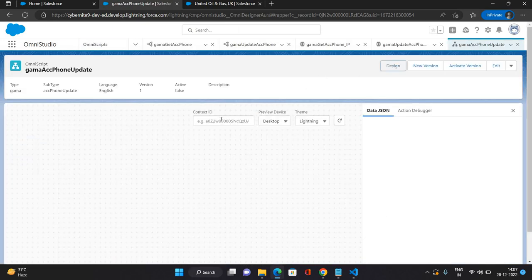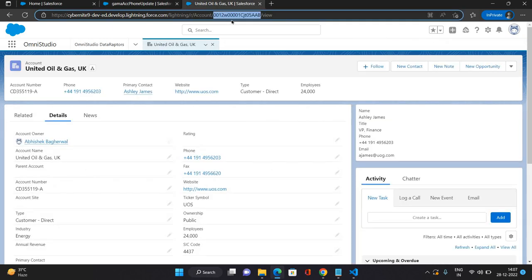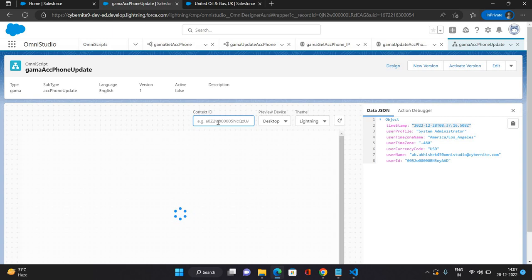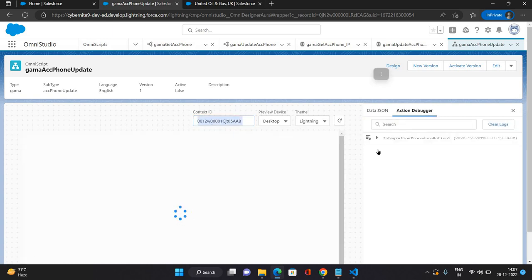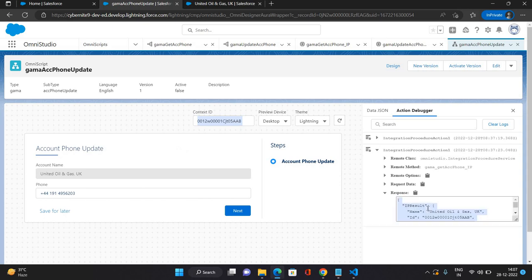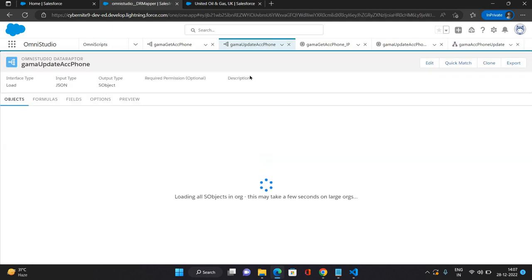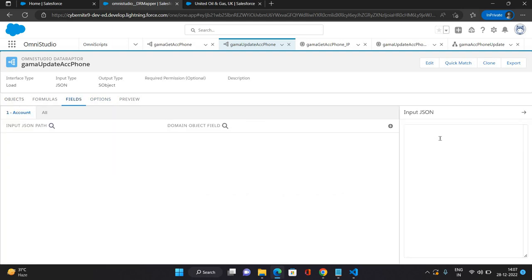So in the Omniscript preview, in the action debugger, from the response of the integration procedure, I'm just gonna copy this whole response, and in my data raptor post action, I'm gonna provide this input JSON